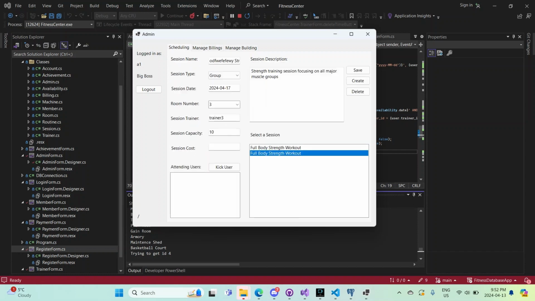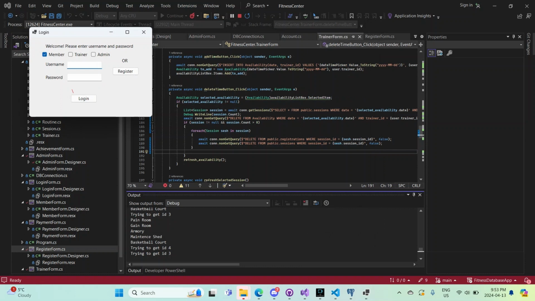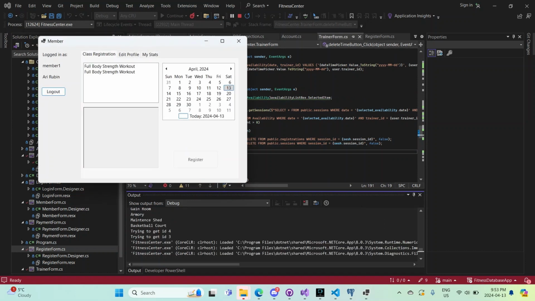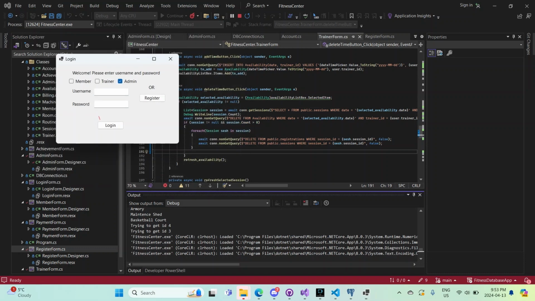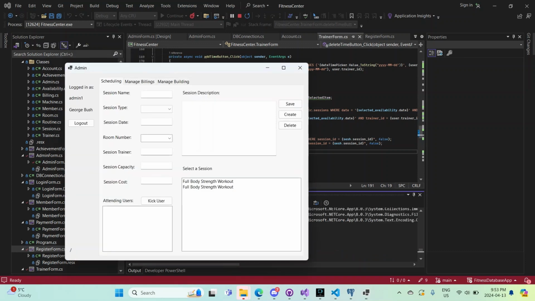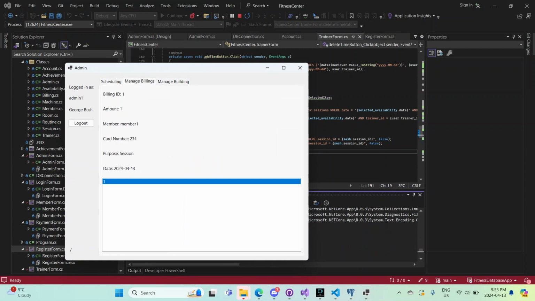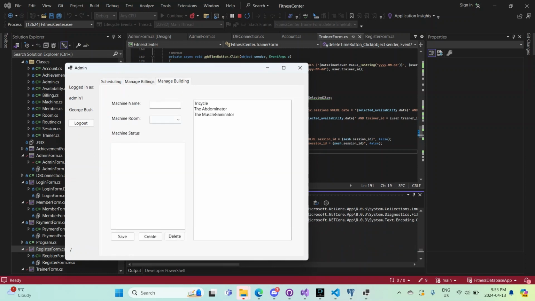You can also manage the billings that your members create. So there is no billing so far, but if I create one here, register to the class, and create a billing, you can see that the billing pops up here with all the requisite information. Finally, you can manage your equipment using the Manage Machines tab, and you can go through